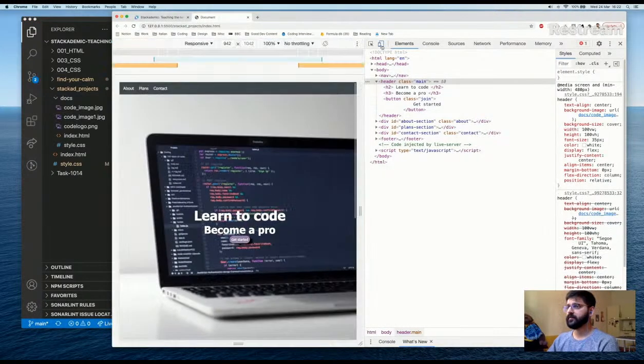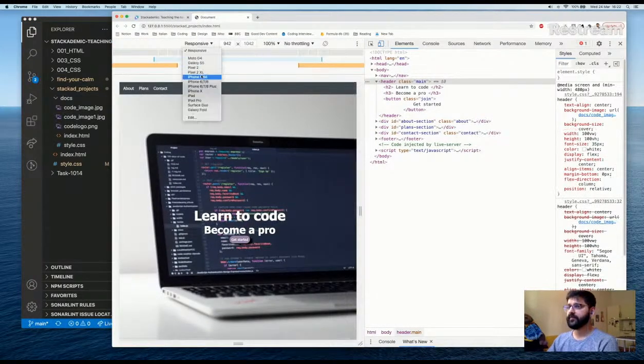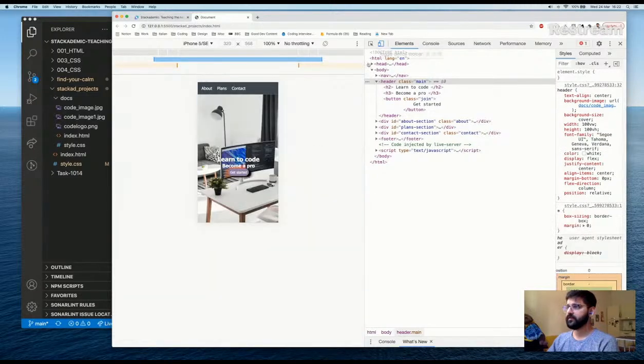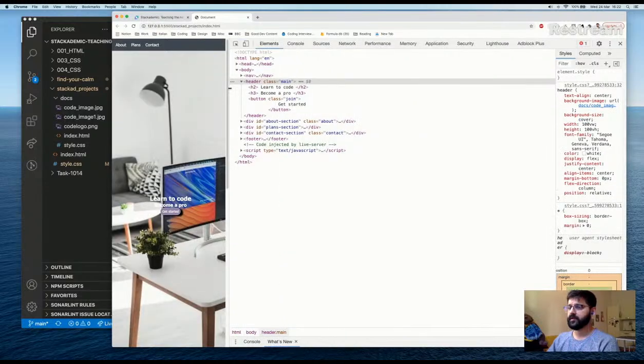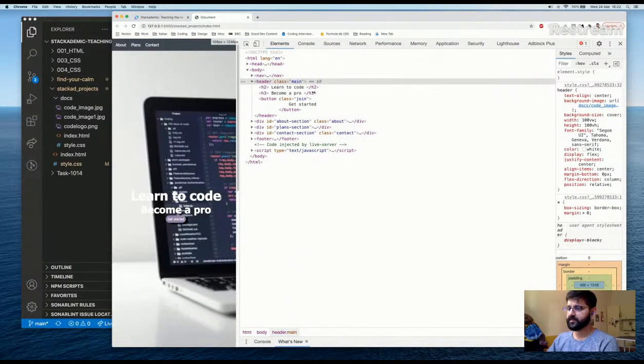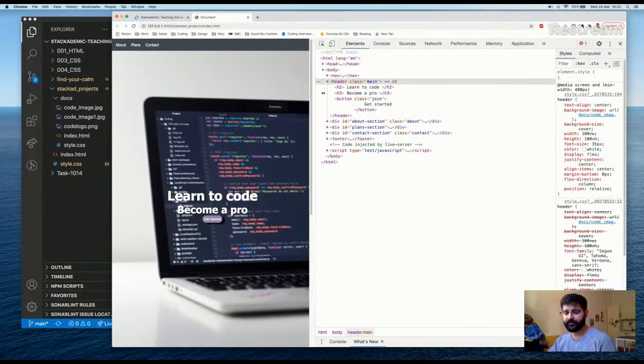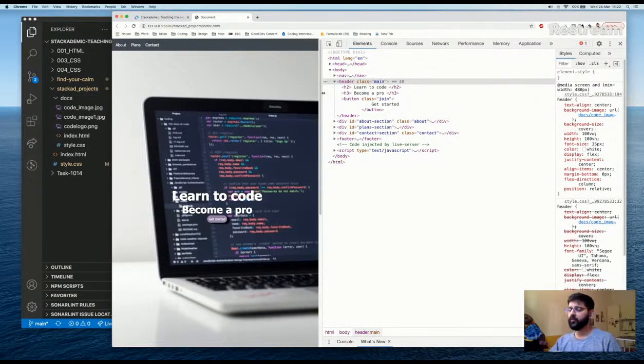So let's see what happens as we make this website smaller. Okay, so we've got a different image there. No, that's fair enough if you've got different images loading. I mean, one thing I'd bear in mind is that it's probably not the best practice to make a user download two separate images,